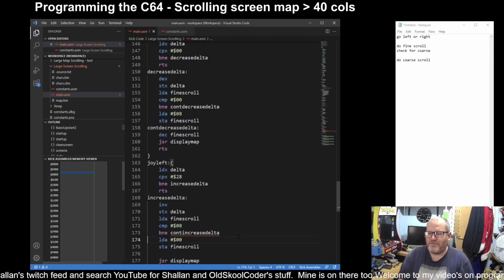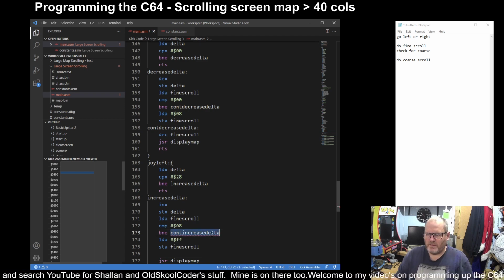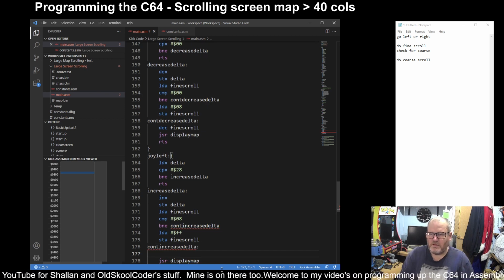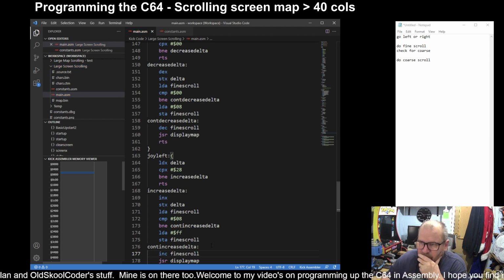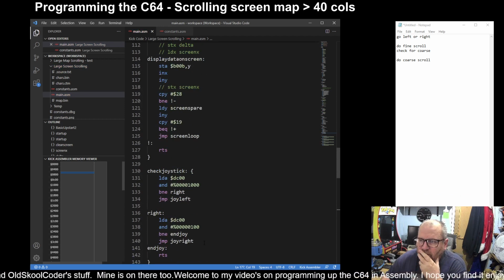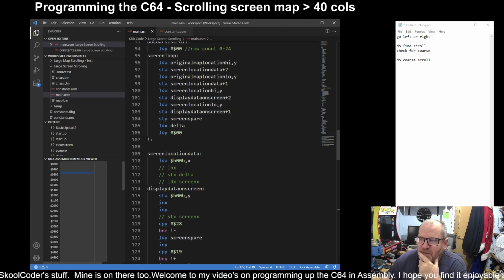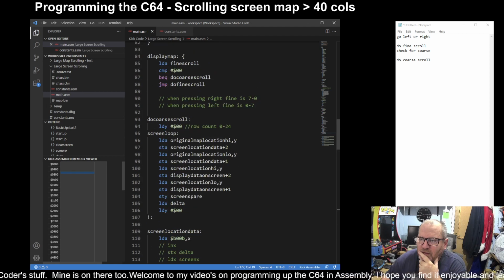Oh no, it'd be FF. And this would be inc fine scroll, which will make it 0, and then it will go to display map, it will load it,